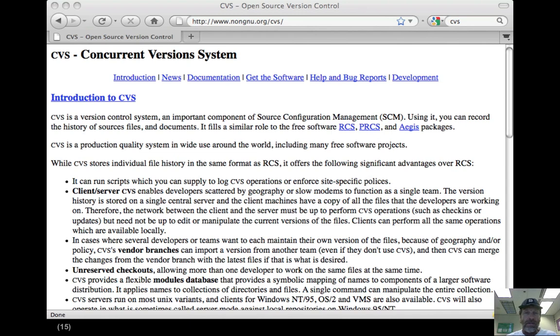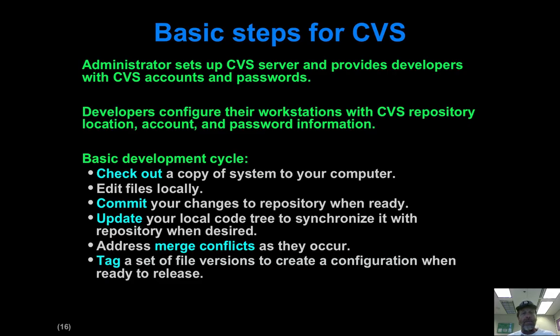Here's the version of CVS again. Pretty mostly of historical interest. It's harder to set up because you have to have an administrator who sets up a CVS server, creates accounts, creates passwords. Now you have to configure your workstation with a CVS client, and so the development cycle